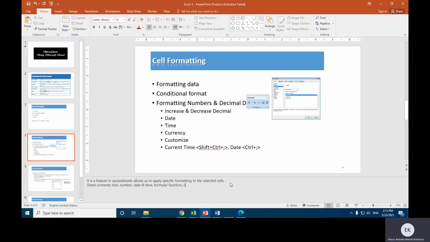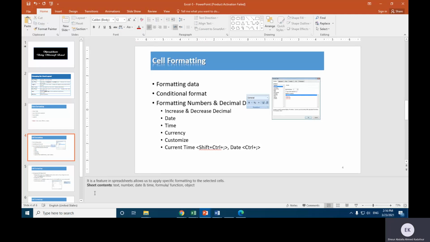We can have object. حطوا لي في بالكم an object can be picture, can be shape, can be a chart, whatever. So all these come under what? Come under an object. لذلك انتبهوا لي للنقطة sheet content. Sheet contents. خلاص، محتويات الشيت ممكن تكون ايش. And then if we need to come to the